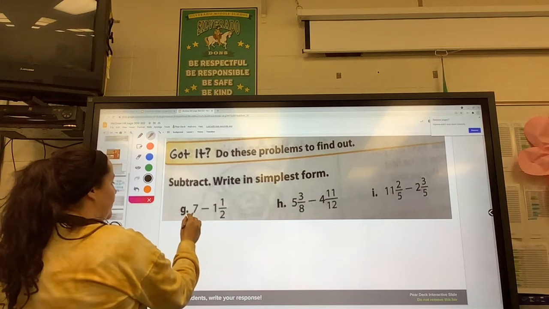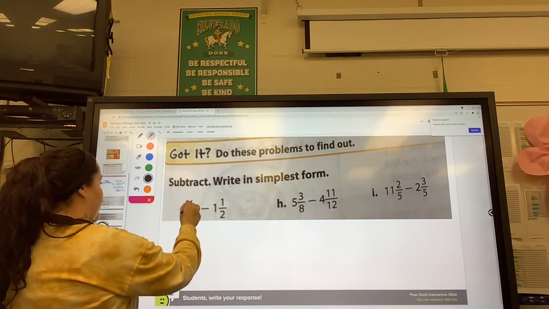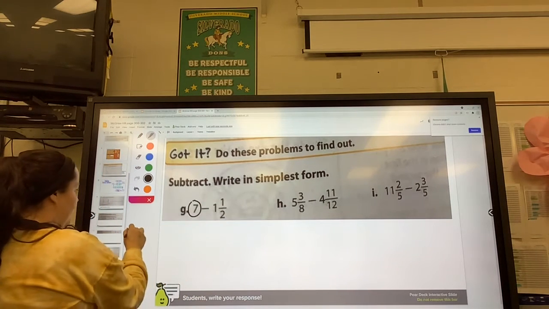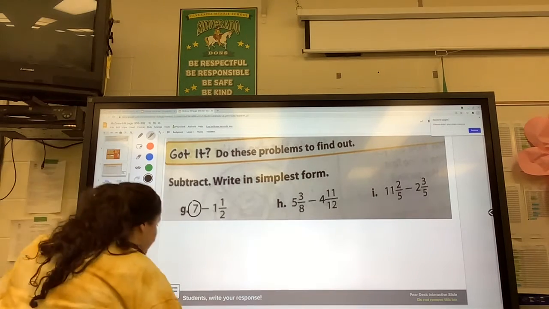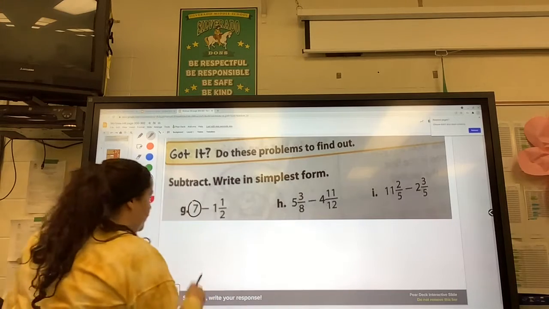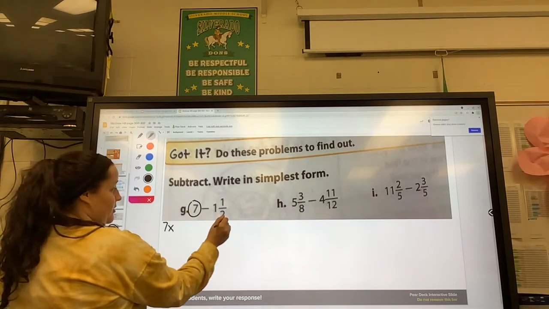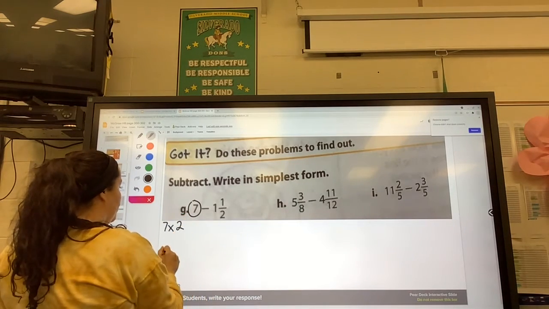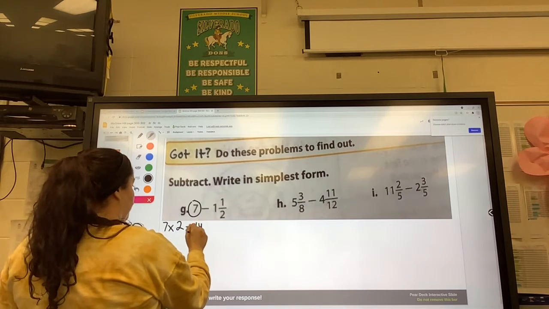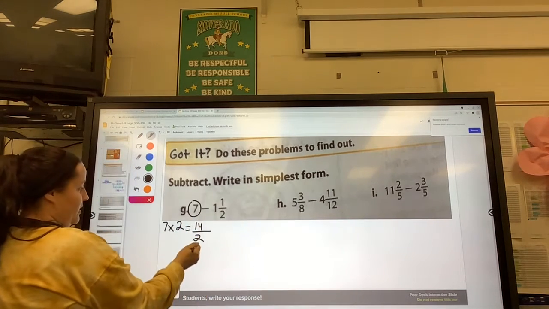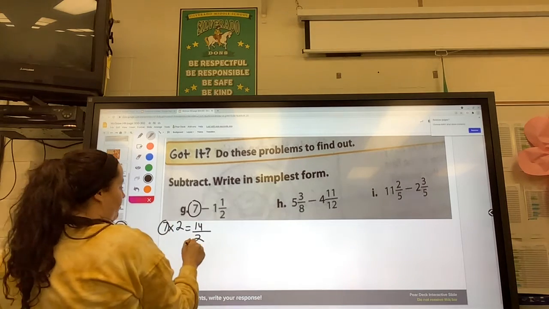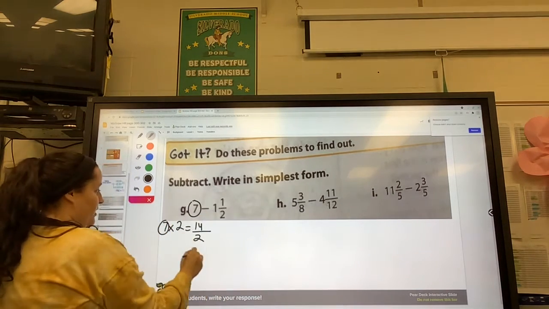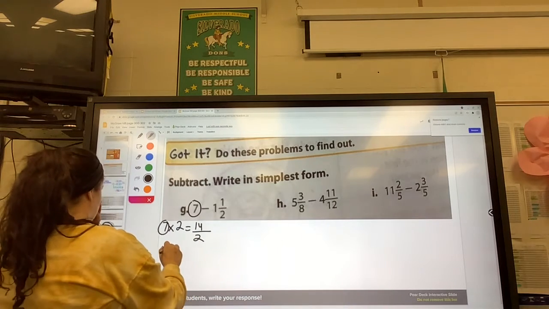So I want a base of 2 for my fraction 7. So you could write 2 over 2 plus 2 over 2 and so on. Or you can use my trick where you multiply 7 times the denominator of the other one, times 2, and put it over 2, right? So 14 over 2. If you divide 14 by 2, you're going to get 7, right? So you know that 7 is just 14 over 2 as an improper fraction. So 14 over 2,